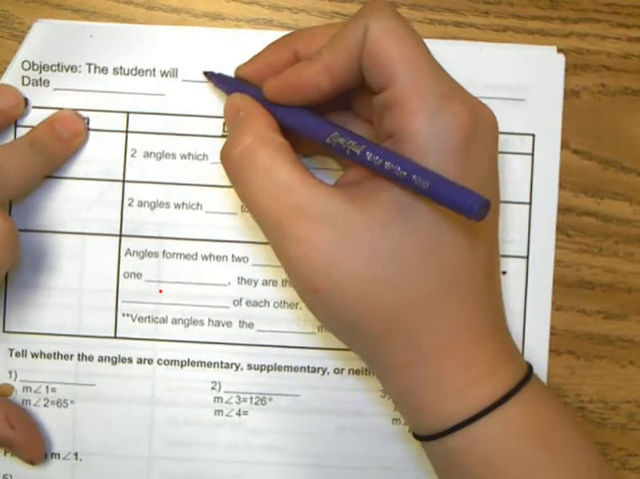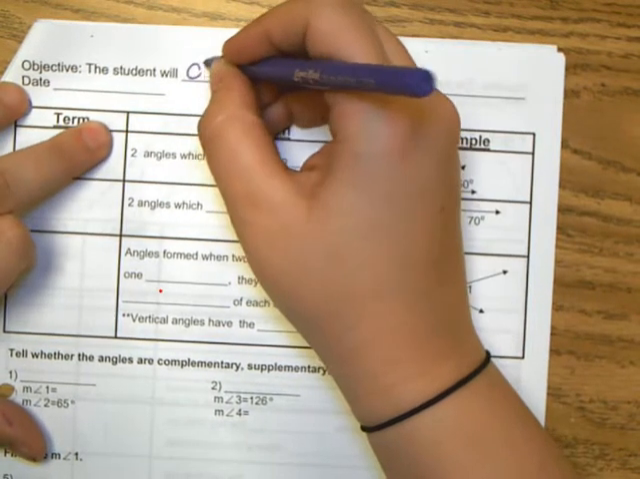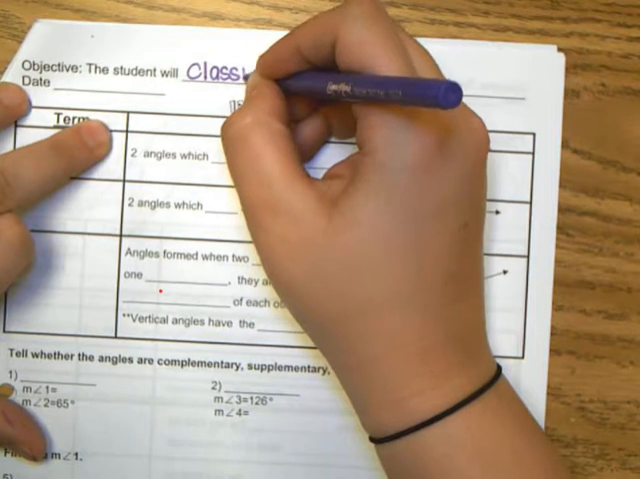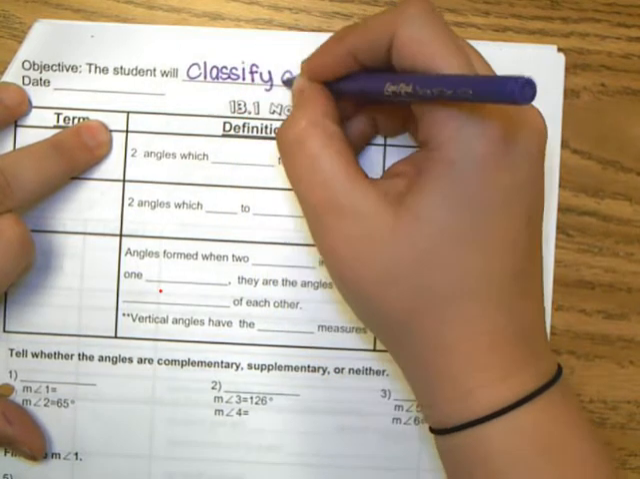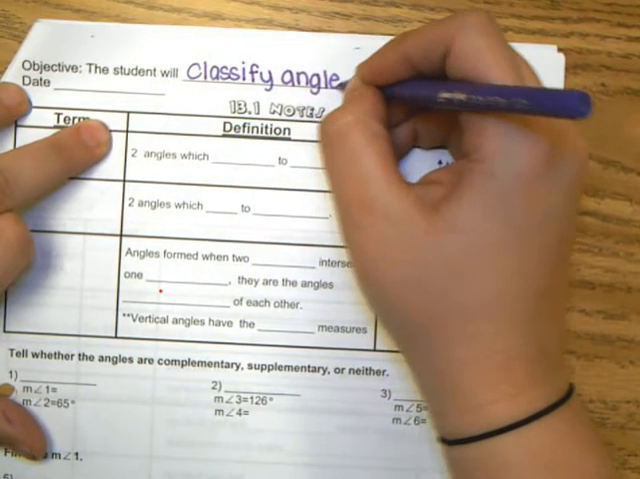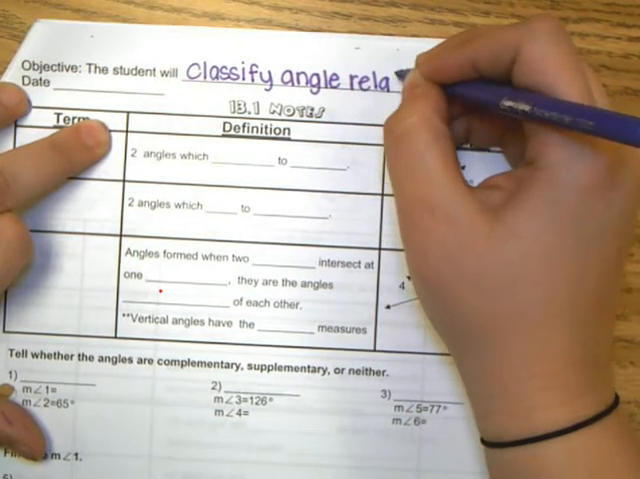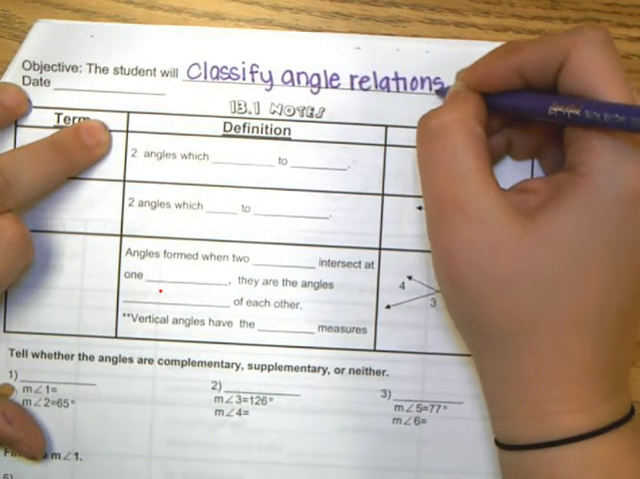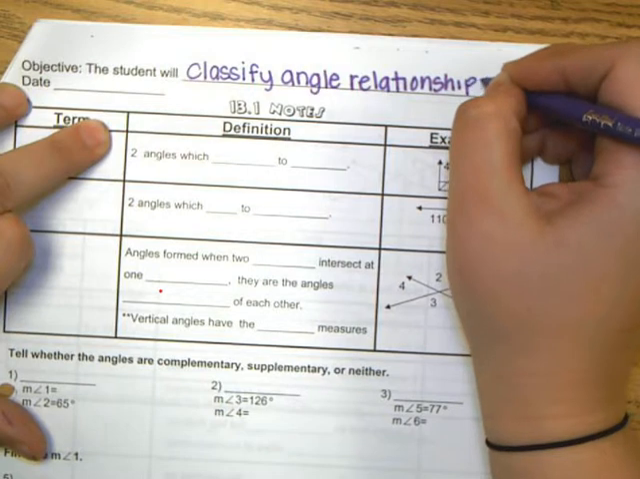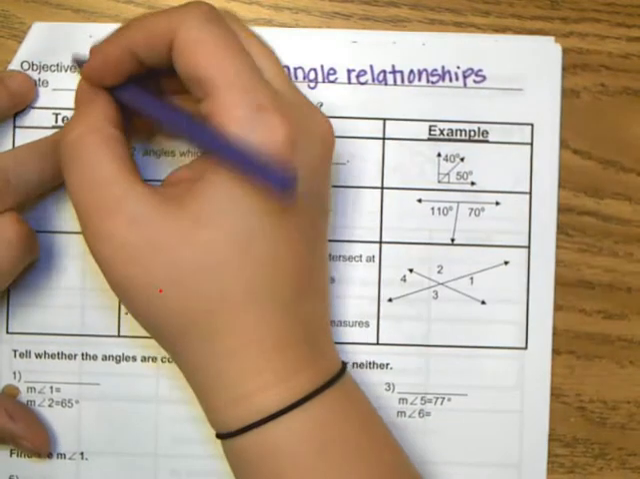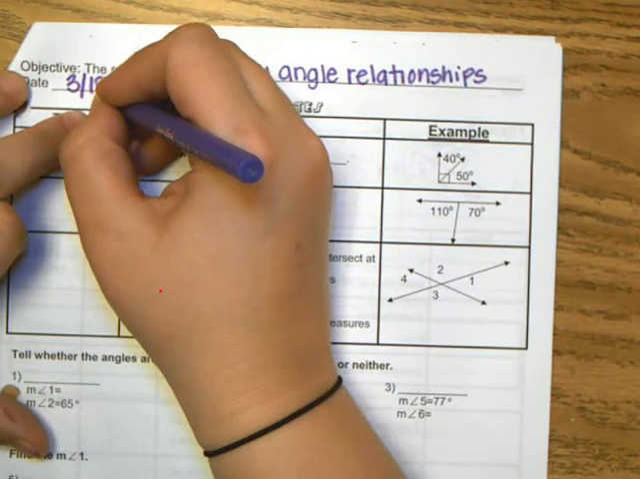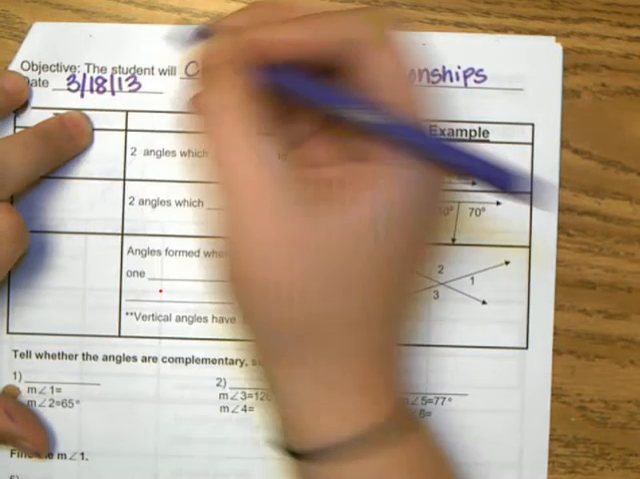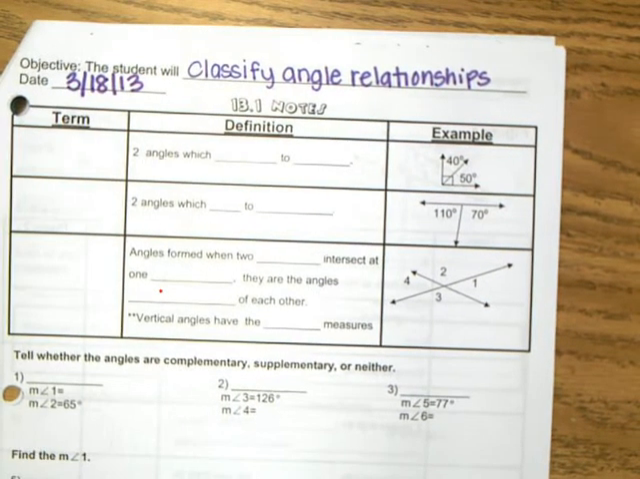Our objective is the student will classify angle relationships. Today is the 18th. So today we will be discussing different types of angles that are created and the relationship it has with another